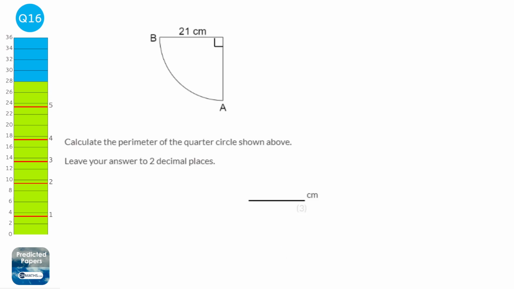The first thing we can do is work out what the circumference of the full circle would be. Obviously we haven't got a full circle here, but what the circumference would be had we got a full circle. So that's going to be pi times the diameter. The diameter is twice as big as the radius, and this 21 centimeters here is the radius of a full circle. So that's going to be pi times 2 lots of 21, which is 42 times pi,